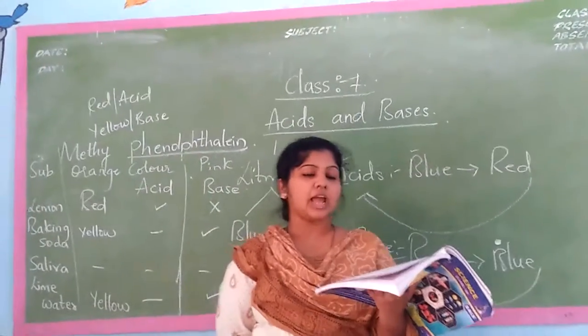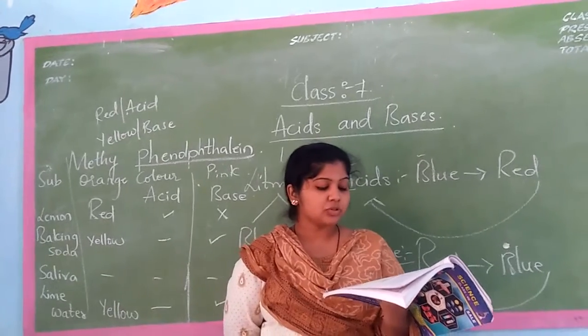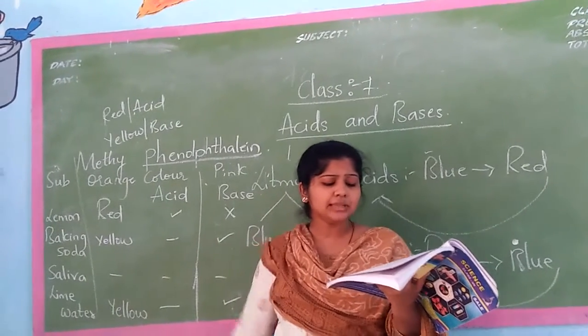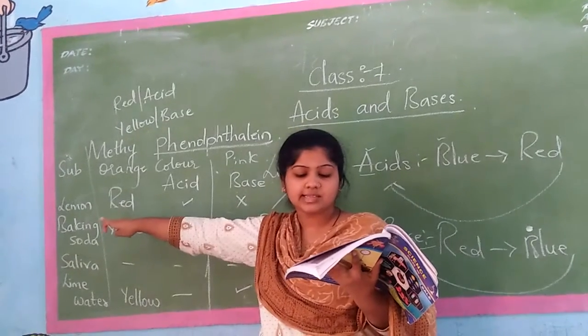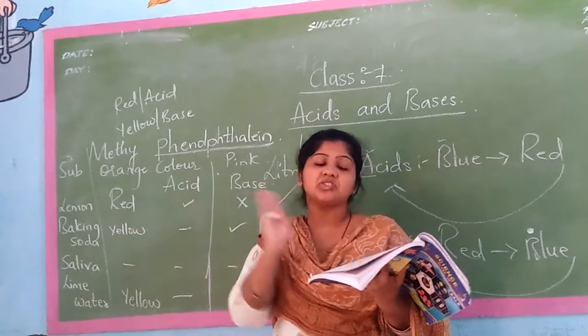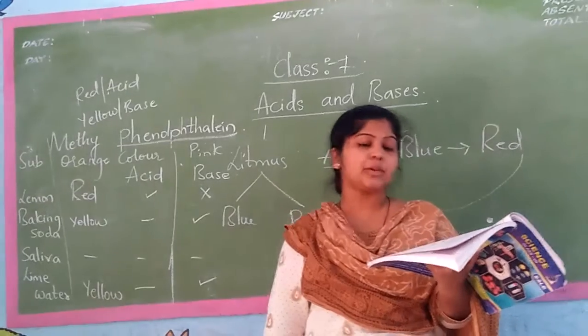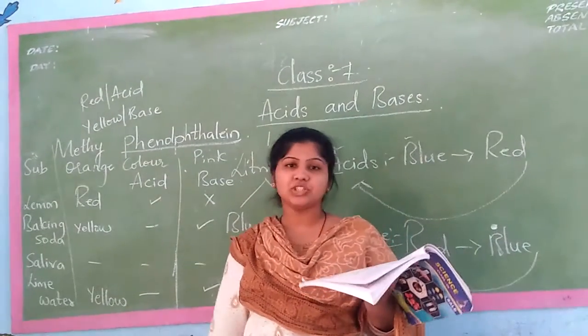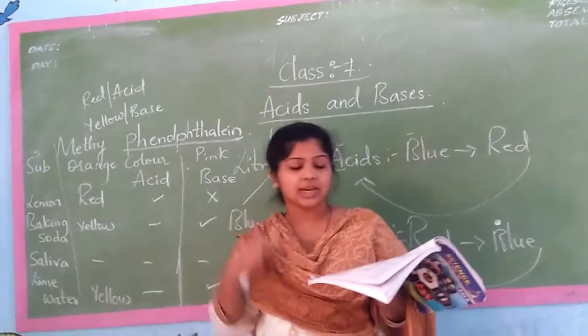Actually, he uses a knife dipped in methyl orange or hibiscus solution to cut the lemon. When methyl orange mixes with citric acid, what is the other name for lemon? Citric acid. It turns red, but it is not blood. In many places, we find people doing this and presenting it as magic. It is not magic, but it is a logical trick.